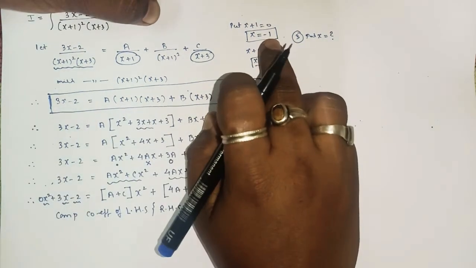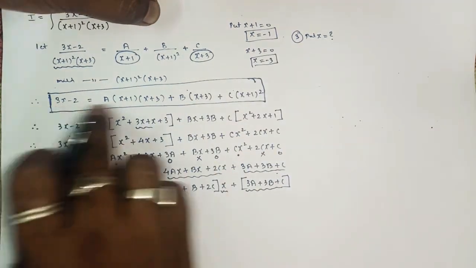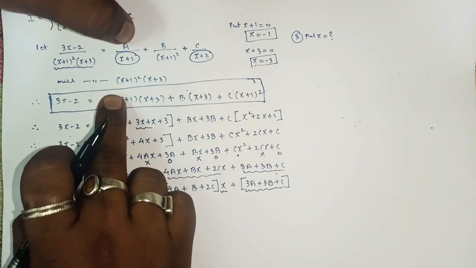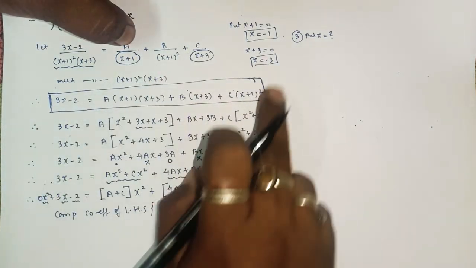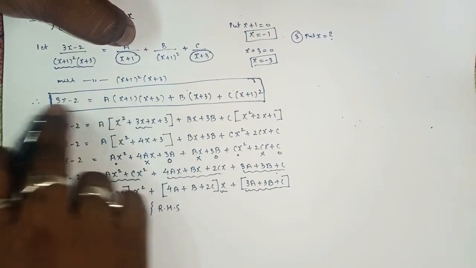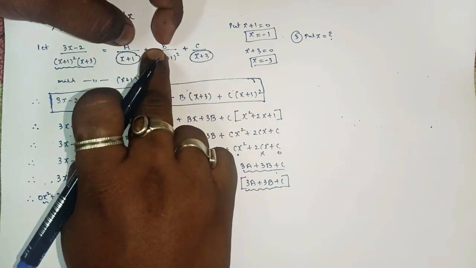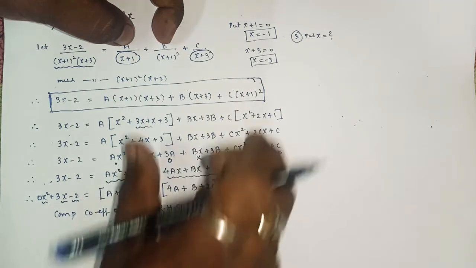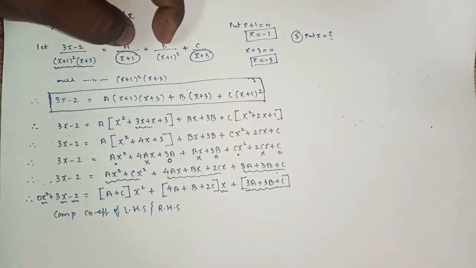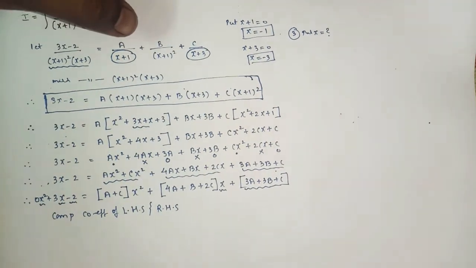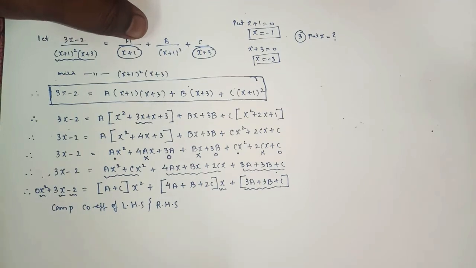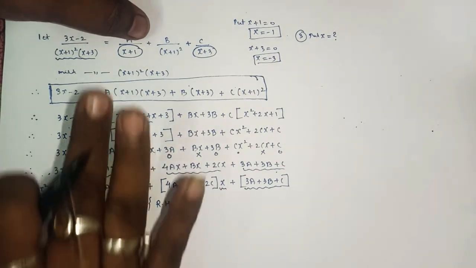Okay, as I told, after replacing the value of x equals to minus 1, you will get the value of one of a, b, or c. After replacing the value of x equals to minus 3, you will get the value of the second alphabet. To find the third alphabet, this is the procedure. I know there are 2-3 different methods in which you can find your answer. For me, I feel that this method is the safe and the easiest method. It will take too much time to find the answer, but it is a safer method.